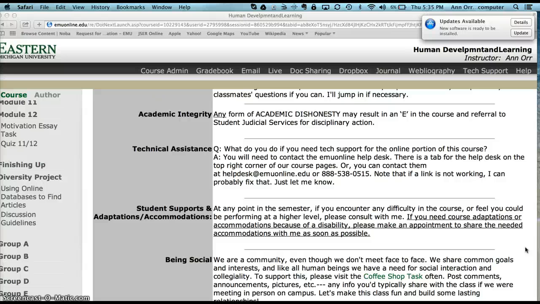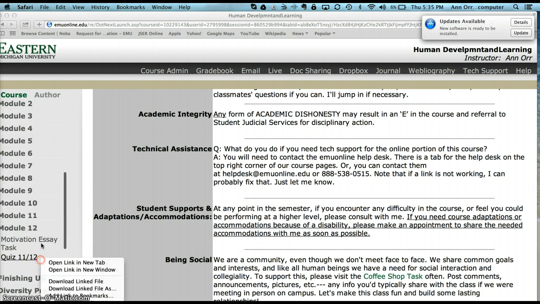And then finally, a word on being social. We are a community, even though we don't meet face-to-face. So we want to support this and support each other, be friendly by visiting the coffee shop. And this is where you can post comments, announcements of events on campus or fundraisers, or you can share pictures of your family or whatever you want to do. But let's keep the social stuff right in our coffee shop, which if I scroll up over here to the top,